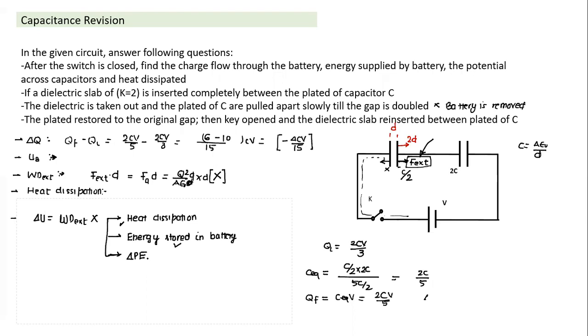This can be calculated. And as we change it, we can calculate this part. In both cases, the final charge is known. This can be calculated. What is the energy stored in the battery? Charge flow can be calculated. Can this be calculated here? Is it possible to calculate heat dissipation in this case? It is not possible. In all cases, when we talk about heat dissipation, resistance is not given. So we cannot calculate in this case.